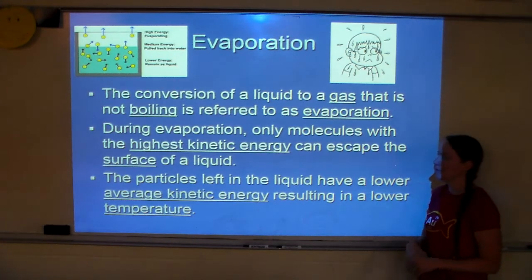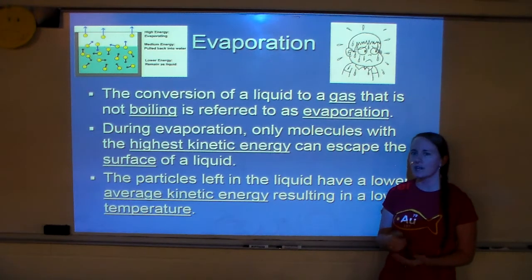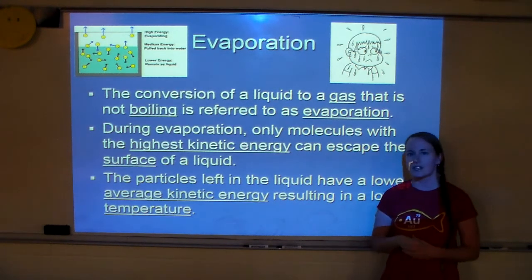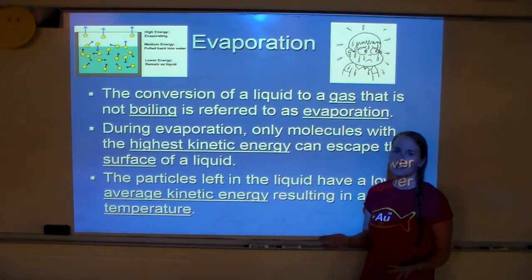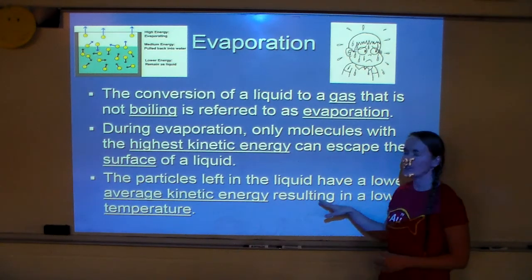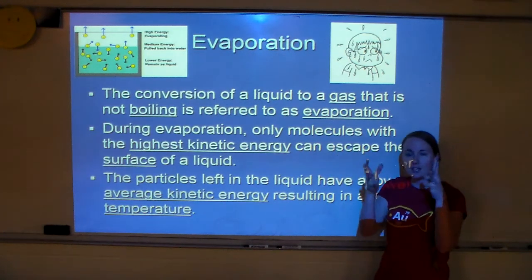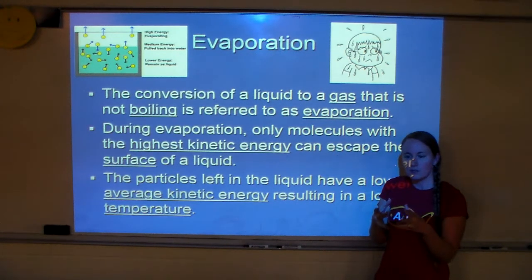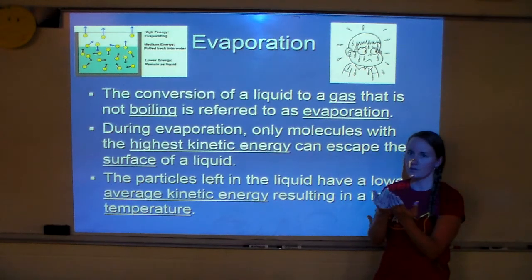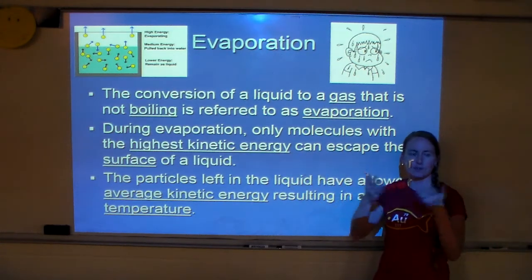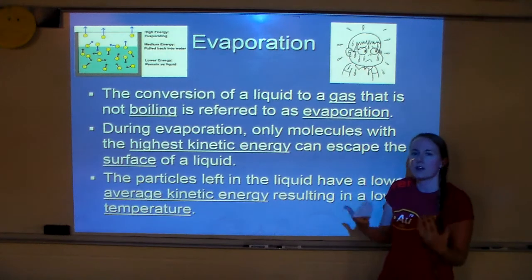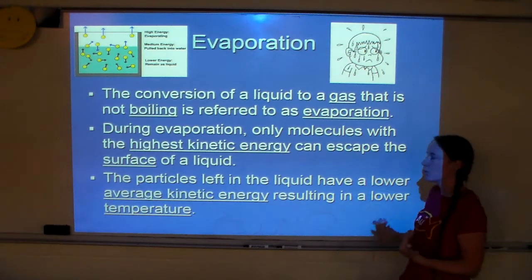So you might think, well, if I leave a glass of water out evaporating, why didn't it eventually turn into ice? Or why doesn't it get really cold like it was in the refrigerator if the temperature keeps lowering? Well, you have to think, what happens is when those particles evaporate and it cools the temperature down, what around it would warm it back up? The atmosphere. The atmosphere around it will warm it back up. So that's why the water doesn't continuously just get colder and colder and colder.